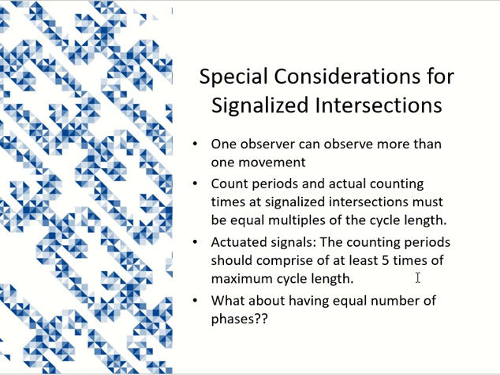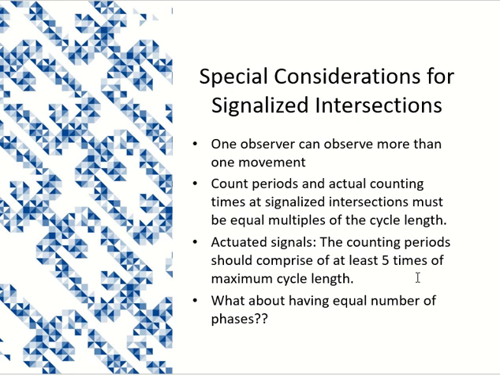Now the same problem may happen which we were discussing for the non-actuated signals, that you are working on the maximum cycle length and the actual cycle length is less. For example, the maximum cycle length is 3 minutes. The actual cycle length is 2 minutes. You took a multiple of 3, which was 15 minutes, which is fine. But actually what is happening? The actual cycle length is 2 minutes. You didn't know. So again, you will have 7 complete cycles and 1 half cycle. So in that 1 extra minute, some directions will show more volume.